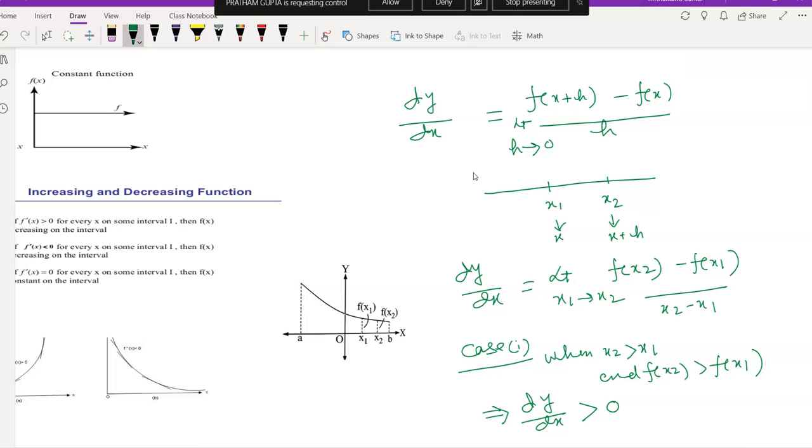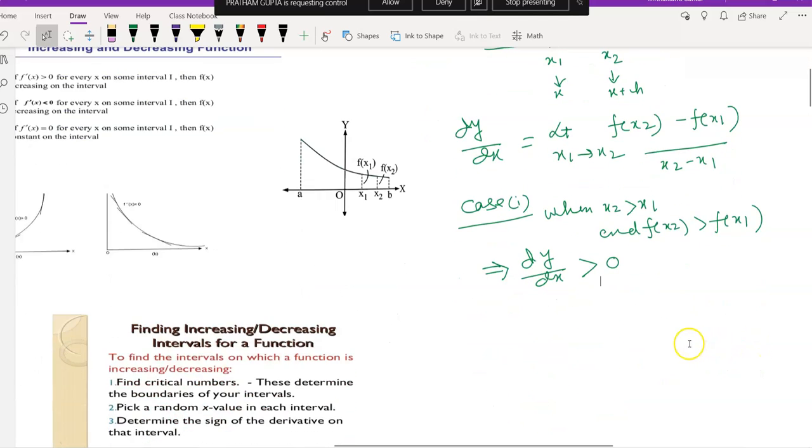but where have I used this term? When x2 greater than x1, just in the previous example I told you, for x2 greater than x1, if f(x2) greater than f(x1), then it will be strictly increasing. Okay, so this is going to be a fact where a function increasing will imply that x2 greater than x1 implies f(x2) greater than f(x1) implies dy by dx greater than 0, or f dash x is greater than 0.